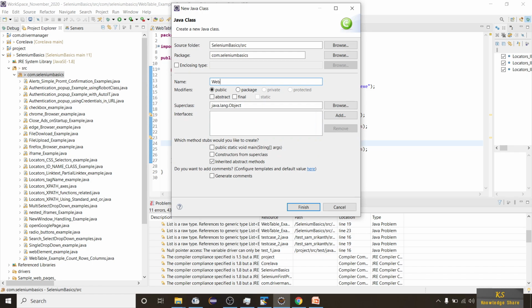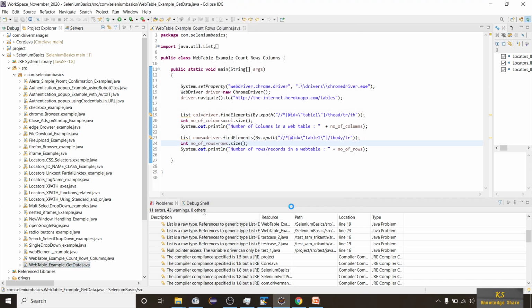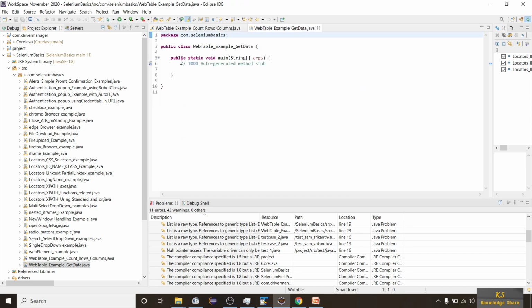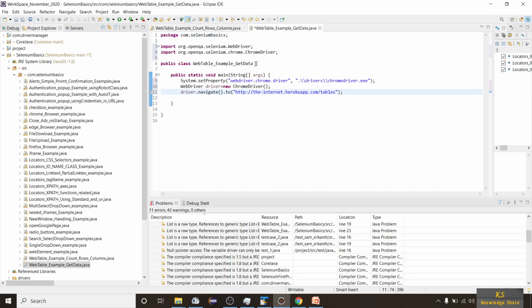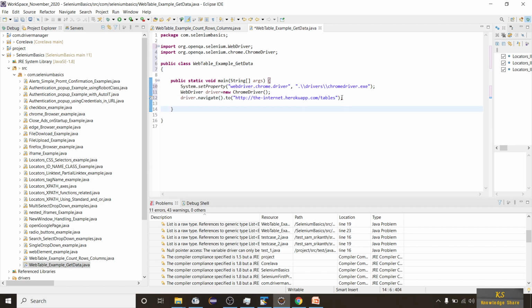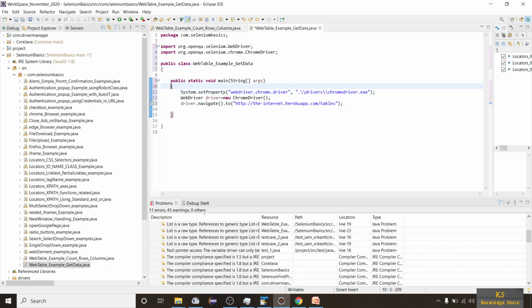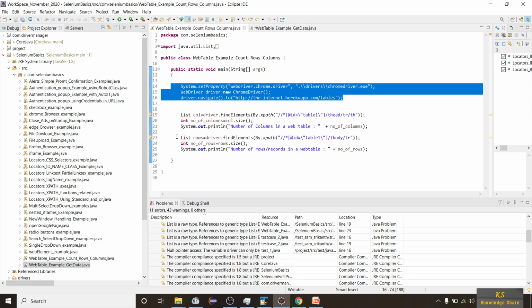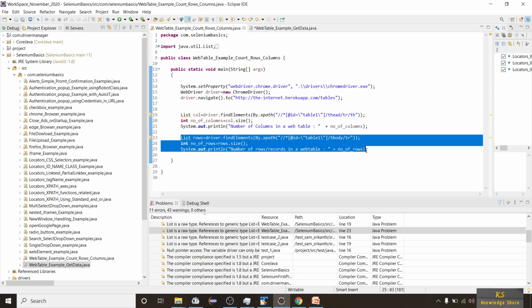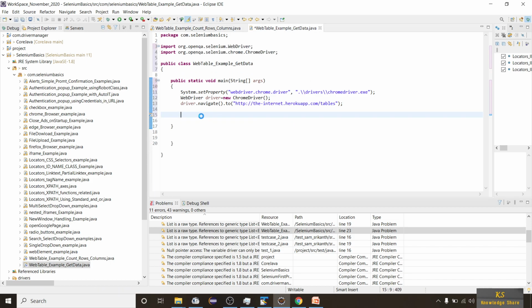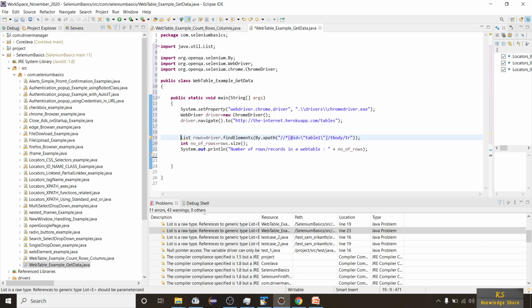So I'll call it web table example get data. I'm going to use the same pre statements. We already have the number of rows from the previous session, so I'll take it from here. By this I'll get the number of rows.